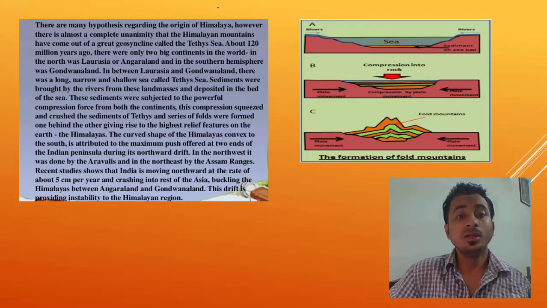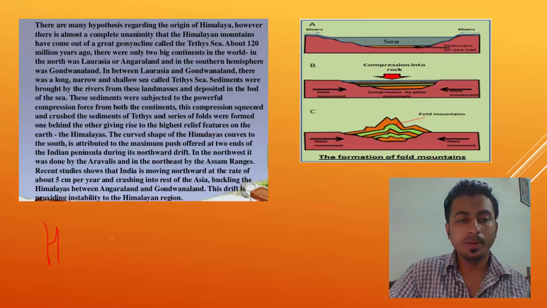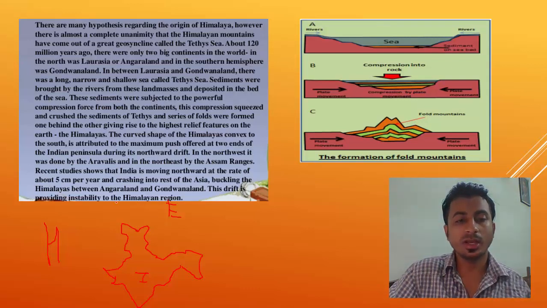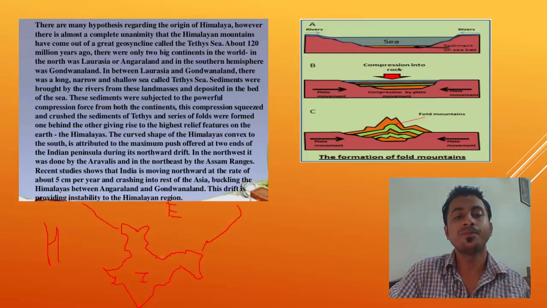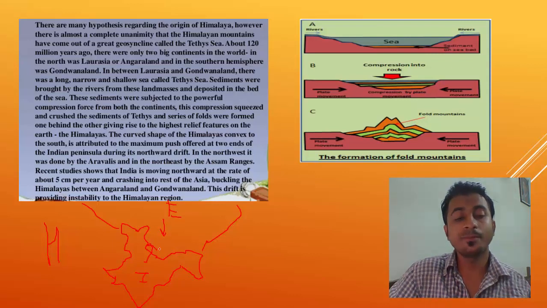Now we will study how Himalayas are formed. Now I told you about convergent boundary. Indian plate is moving towards Eurasian plate. This you have to remember. Now this is Indian plate and this is Eurasian plate, where Russia, China, everybody are there. Every country is there in north of India. So India is moving toward Eurasia, Eurasia is moving towards India.